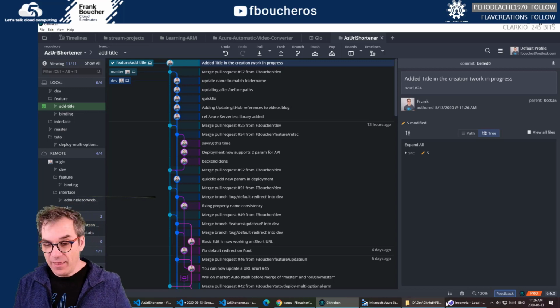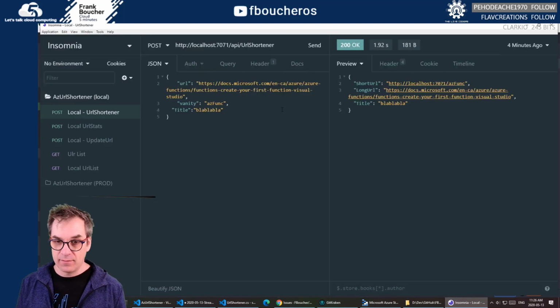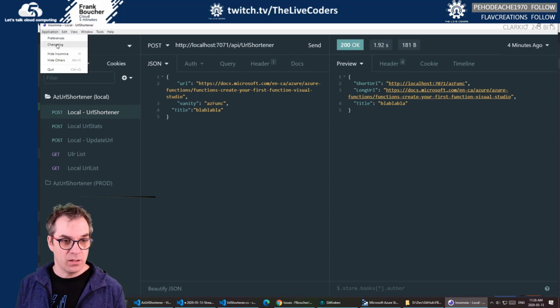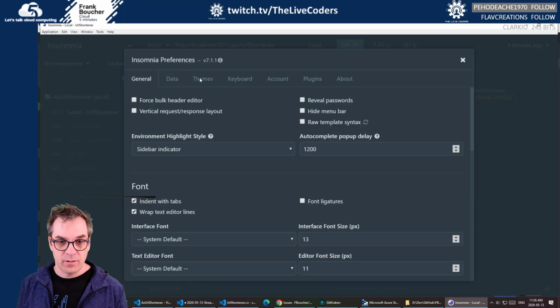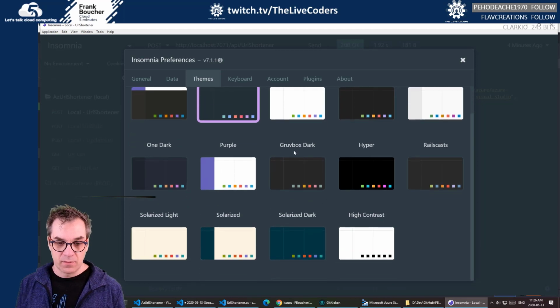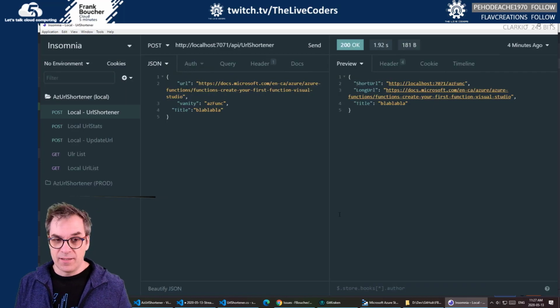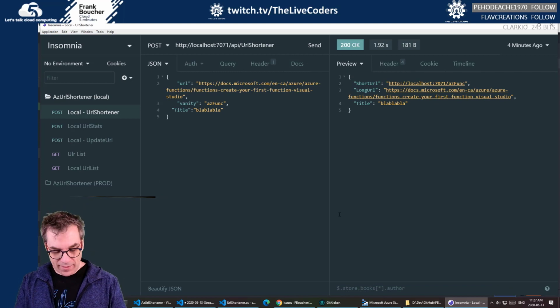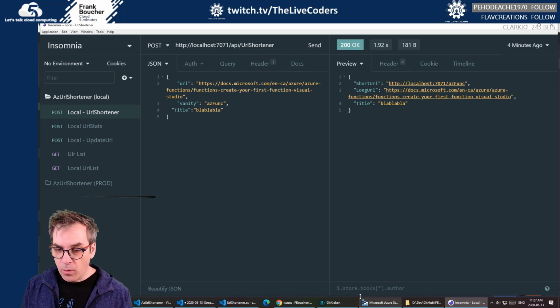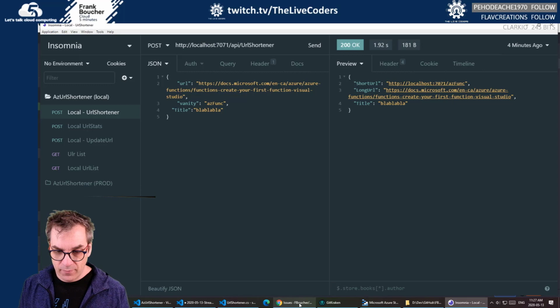Insomnia. I think it's cool, you should try it. It's nice. You have a bunch of themes. You can change color. If you go in preferences, you have a bunch of themes. That's cool. So you could put all whites. I know you like white. Right, Fragbird? Isn't it you always put the white theme on the poor Michael Jolie? Poor little thing.